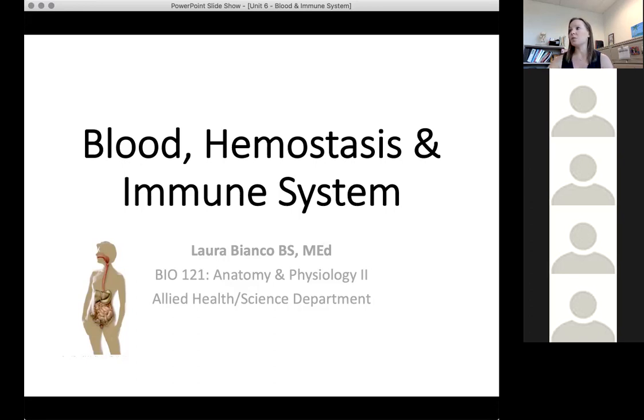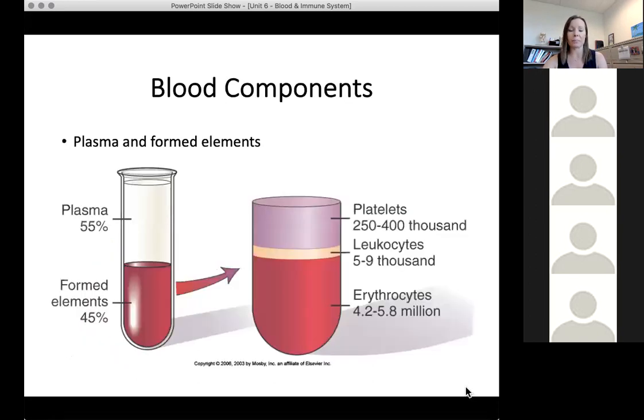So really, we're just going to start with a quick overview of blood, some of the blood disorders, and then our main focus today will be on the immune system, since that's what we don't have the pre-recorded lectures for. All right, so starting with the blood study outline that I provided for you in the first Unit 6 section on D2L,